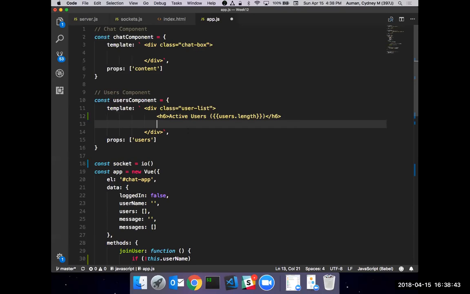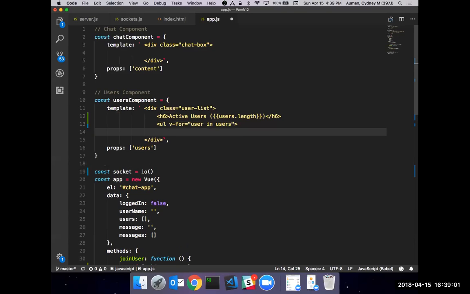And now we have to iterate over this list. So we might want to use an unordered list tag and use a v-for loop here. So v-for equals user in users.